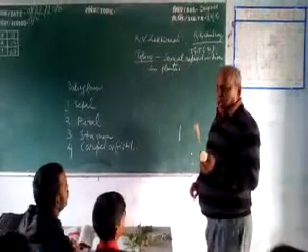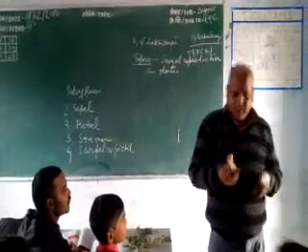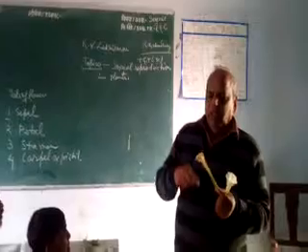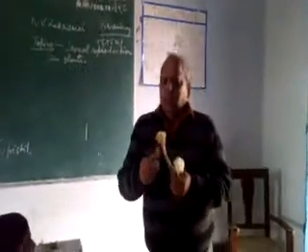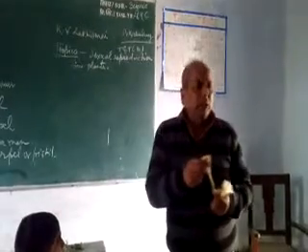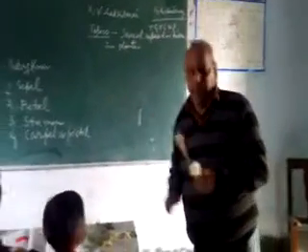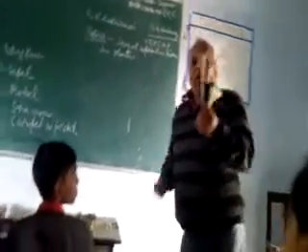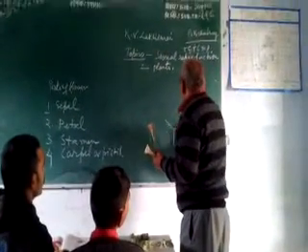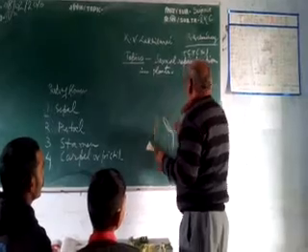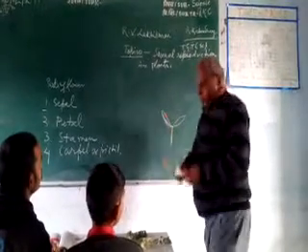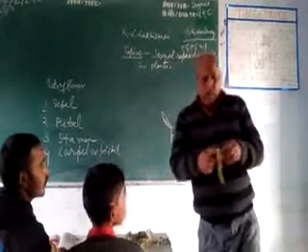Okay, and here we see the green part, which is surrounded around the inner part, that is called the sepal. This is the sepal. And in the middle portion, we see here, if we dissect the flower, you will see